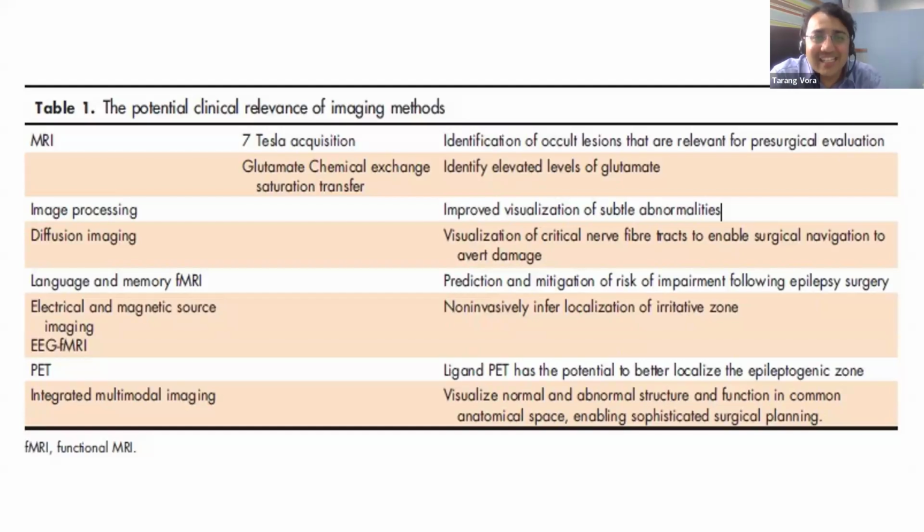So till now, we have just discussed the basics of epilepsy imaging. Currently, all the centers have 3 Tesla MRI. People have started acquiring 7 Tesla MRI so that some occult regions which may not be visible usually can start to become more visible. Diffusion weighted images, fMRI, EEG, PET, all of this are integrated together to call something multimodal imaging. This multimodal imaging helps the surgeon decide which part of the brain to resect to give the patient good seizure freedom.